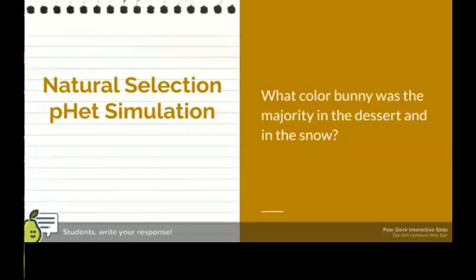All right, so right when you clicked on wolves and you saw them just run through, all these bunnies disappeared. Oh man, but the ones that stayed, you notice, were similar colored to their environment. They were able to hide a little bit better. Derek, are you with us? We're on the Pear Deck, so make sure you're answering that question.